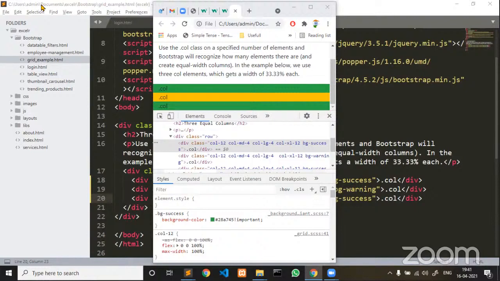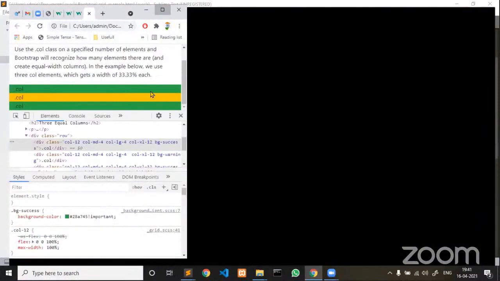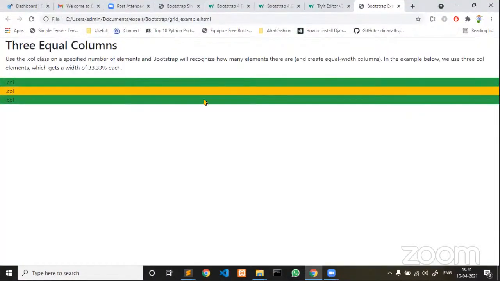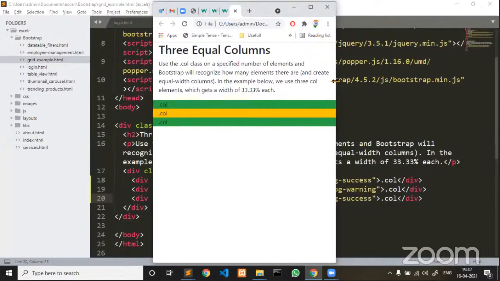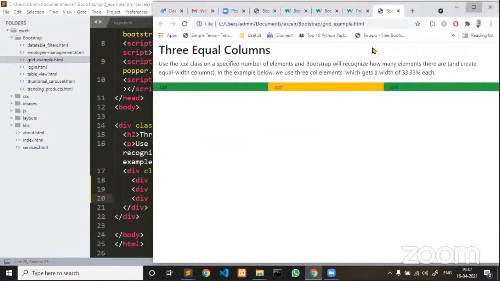This is how we will be able to make your web page responsive. Now this complete layout, whatever we created, this is responsive. How did we make it responsive? You see here, guys. When you are going for extra large screens, it is displaying one by one. For medium, we are displaying side by side. For extra small also we are displaying one by one. For extra large also we are displaying one by one.